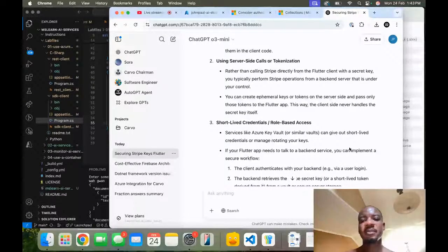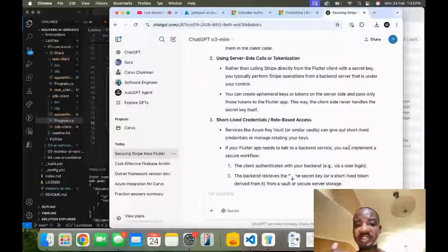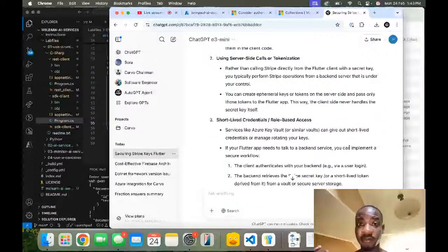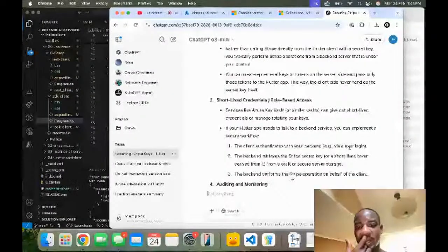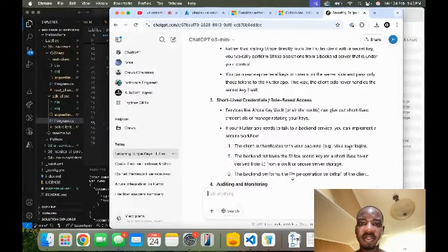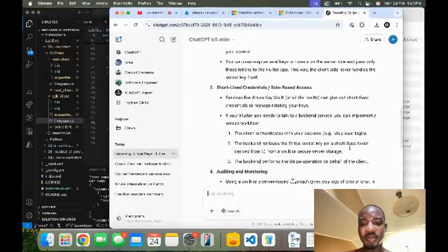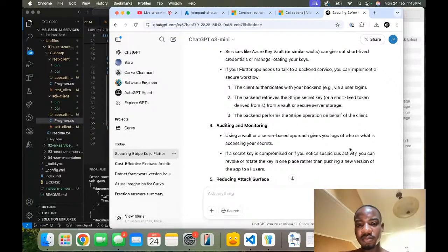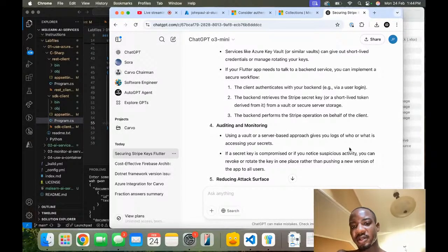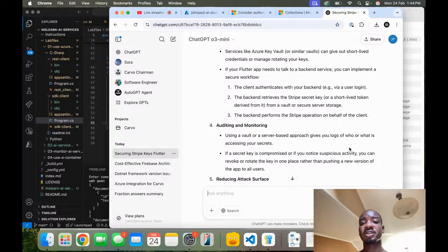But I'm like, why would I move them to the back to constantly rotate the key? So if someone does get into the back, just send it out once and update every now and then. It's more secure. It's like when you try to log into something and you get that code changing all the time. They're saying that's the better way to sign into something. But I still don't get how Azure is going to do that rotation all the time, because unless I have to code the rotation in,